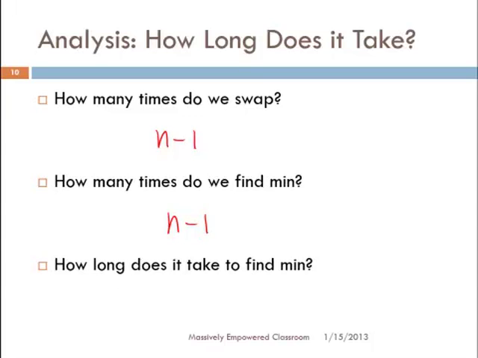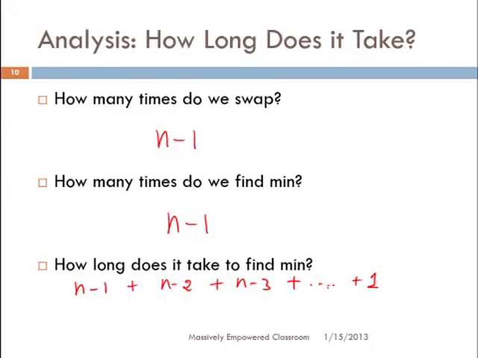This keeps changing, because the number of elements we look at, or the number of comparisons we do to find the minimum, keeps on changing. In the first iteration, first loop, it takes n minus 1 comparisons. Next time it takes n minus 2. Next time n minus 3, and so on, until at the end it takes just one step to find the